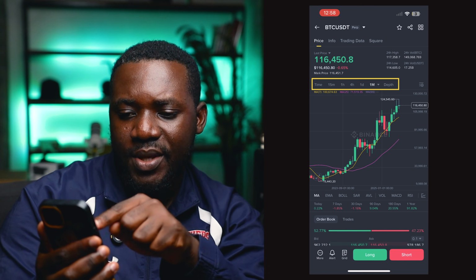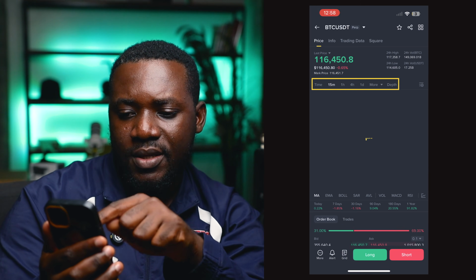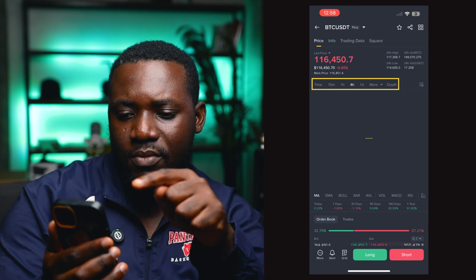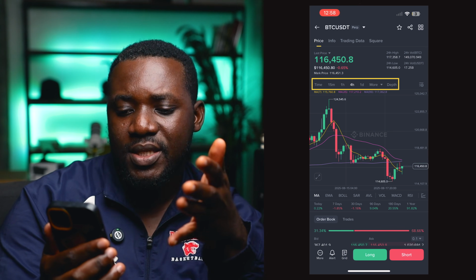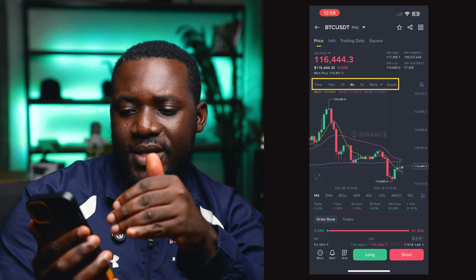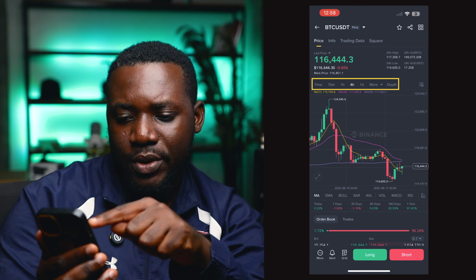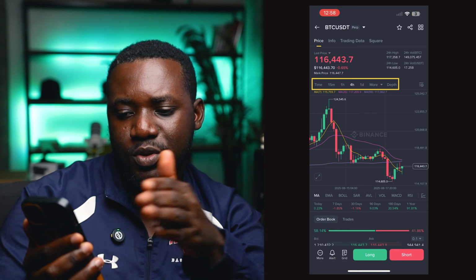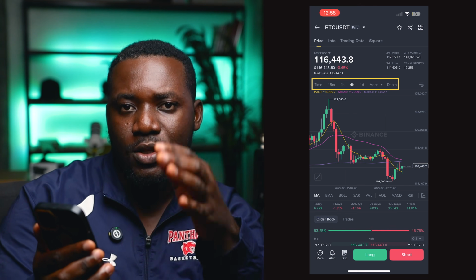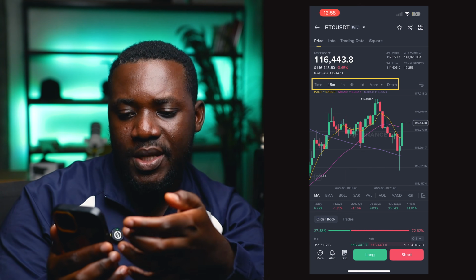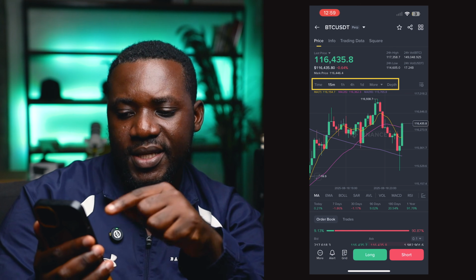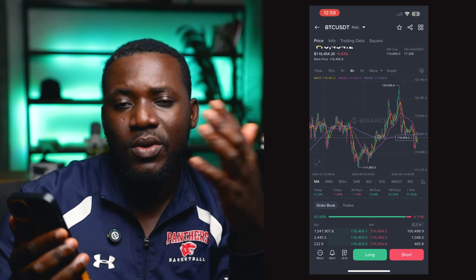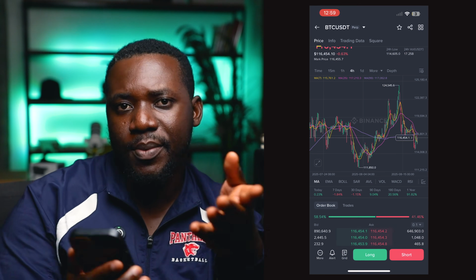Now there's a time frame here which we have 15 minutes, we have 1 hour, we have 4 hour. All right. What this basically means is that for each candle that you are seeing, if you are in the 4-hour window, each candle is formed in a 4-hour time frame. So it takes 4 hours for each one to form. If you come to 15 minutes, it means that each candle is taking 15 minutes to form. So by looking at these charts, you'll be able to tell for yourself where the market is probably going to